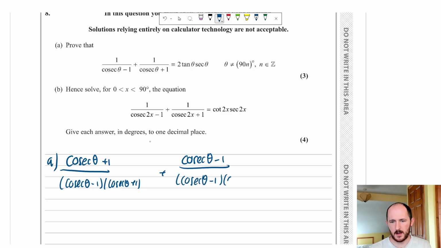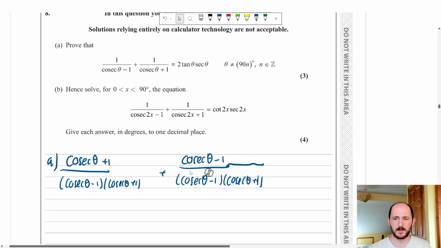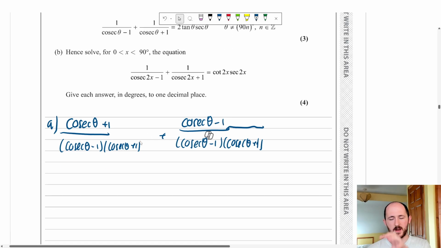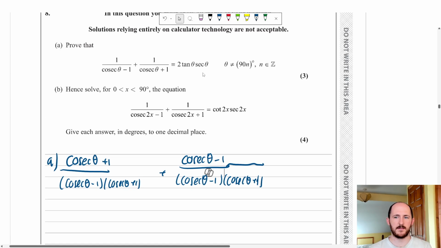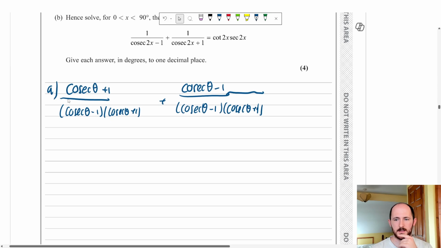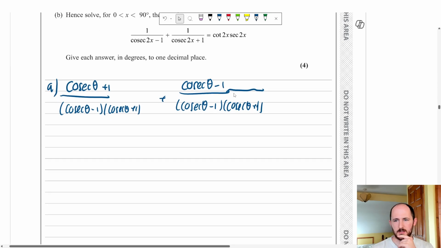So again, when I do these questions, all I'm doing is I'm looking at the answer constantly, seeing if I'm getting closer or further away from it. So now I can combine this into one thing. I'm closer to having this because there's only one term in the answer. So let's add these together. We get 2 cosec theta